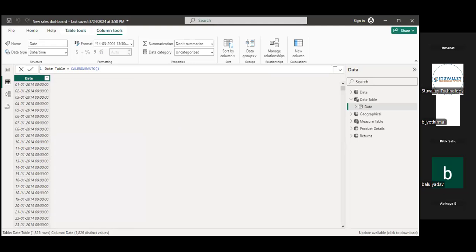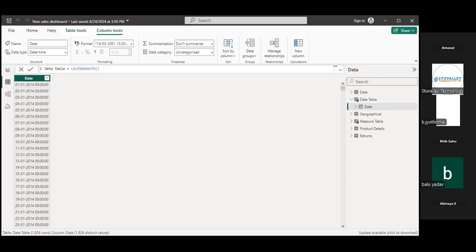Yes, please confirm if anyone has any doubt. In today's session, we are not going into much detail for these two functions because we already covered them in detail in the data modeling concept. Now it is clear to everyone how we are able to create a calendar table in Power BI.